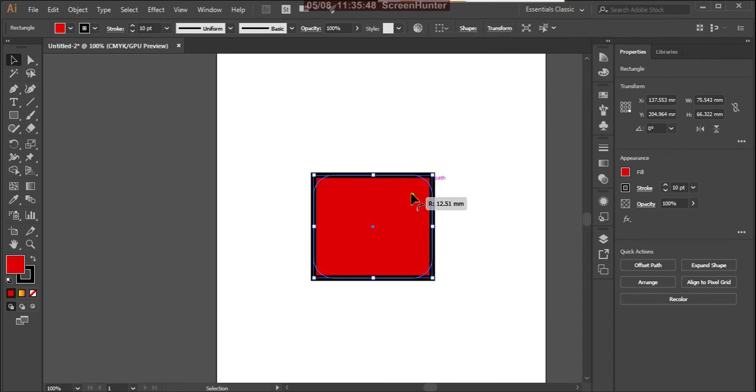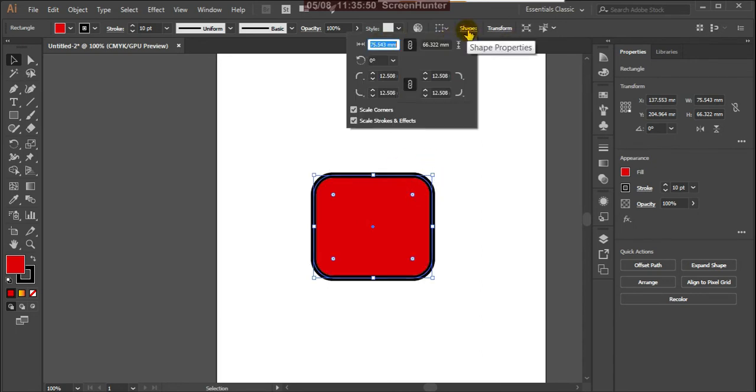You can give the shape faster. Yes, it is round. Here it is the corner radius. It is a different corner radius. It is showing the inverted round, and this is round.